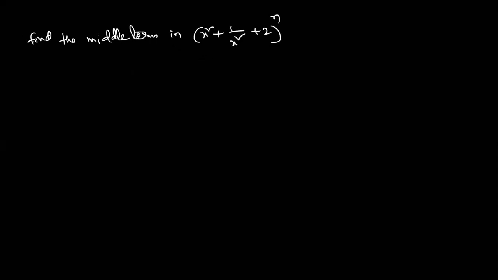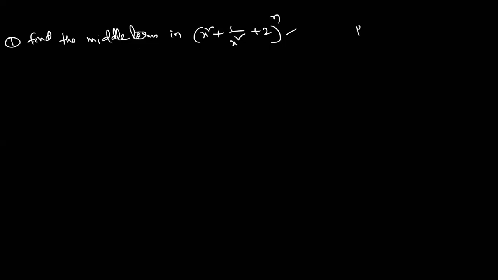So I'm adding one more question here. What is the number of terms in this expansion, dear students? Simultaneously I'm explaining. What is the question? Find the middle term and the number of terms. These type of questions, dear students, be careful. What is the shortcut? In these type of models, if they give x plus y, we can say n plus 1 terms. But here there are 3 terms.